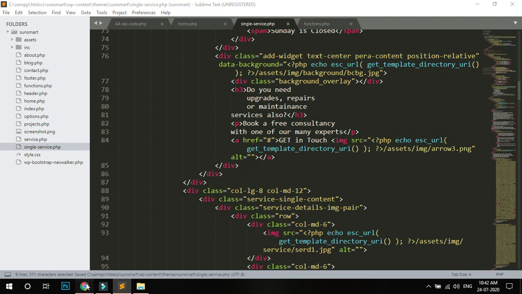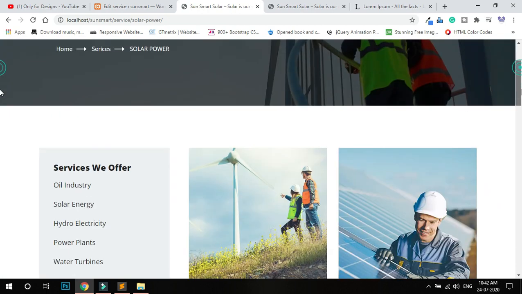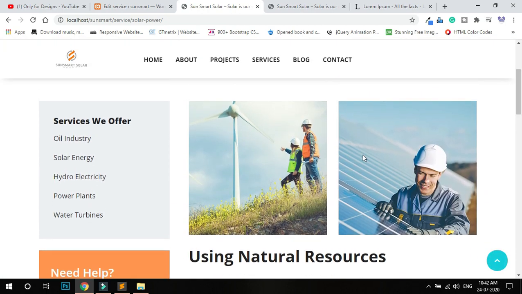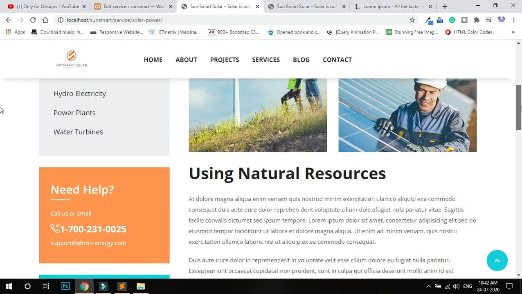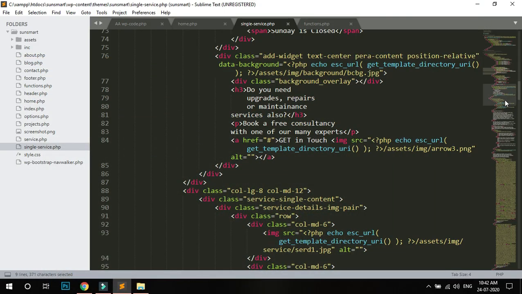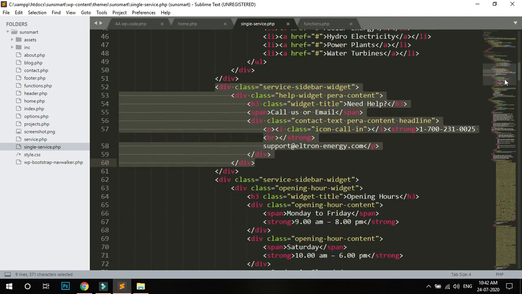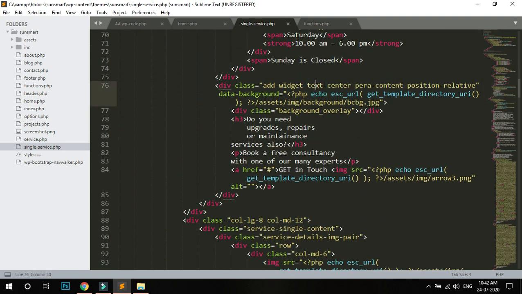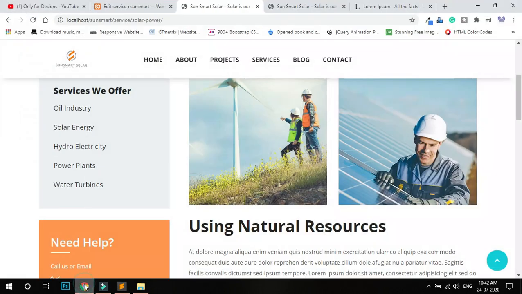Save. Please refresh here. I just check the content, this one and this one. There are 2 images, but I have only 1 image. Where is the image section?